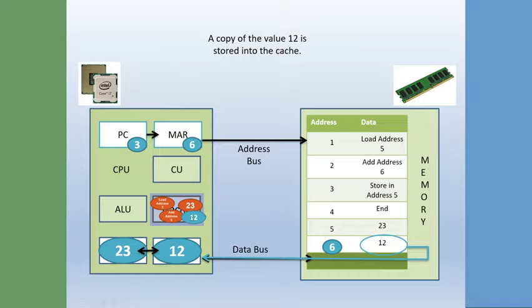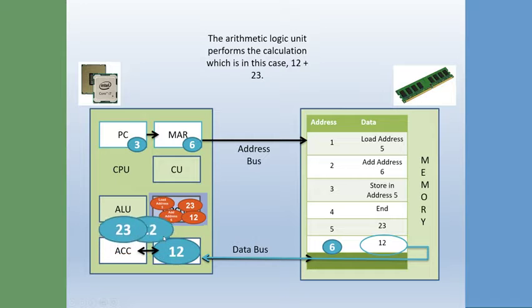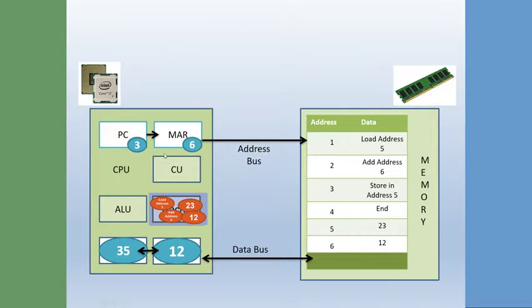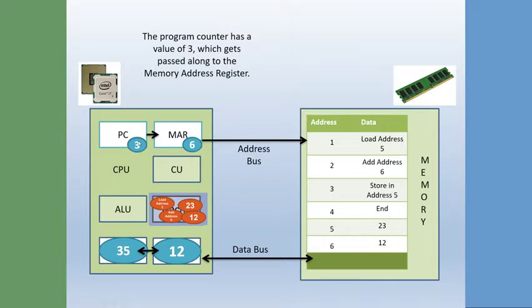puts a copy of it in the cache, and it knows it has to do an arithmetic equation, because that's what address number 2 said. Add it to the value of address number 6. So in this case, 12 and 23 are both sent to the ALU, the arithmetic logic unit. That does the mathematics and the logic of the program. It adds those together, gives us our value, the result, stores it back in the accumulator, and then program counter number 3